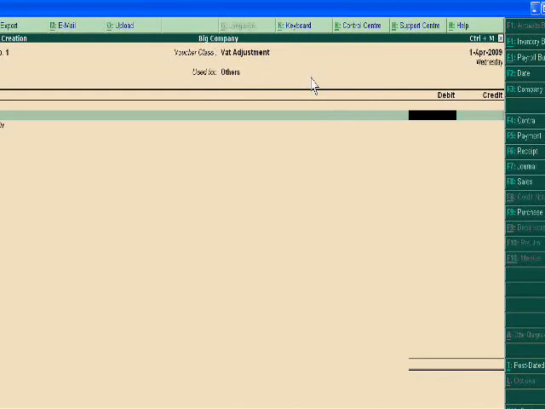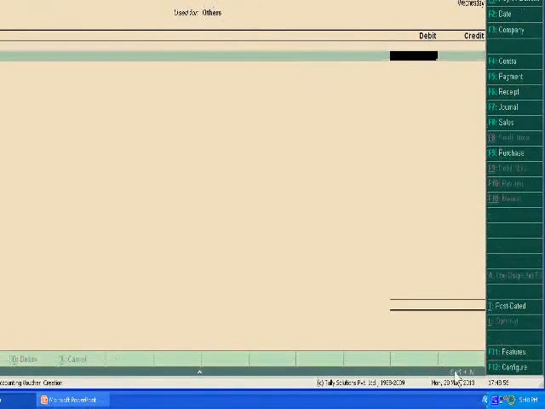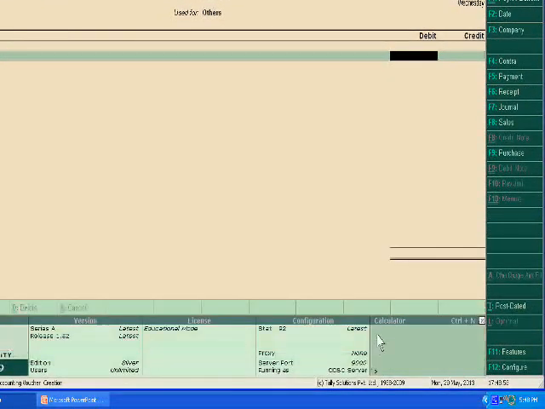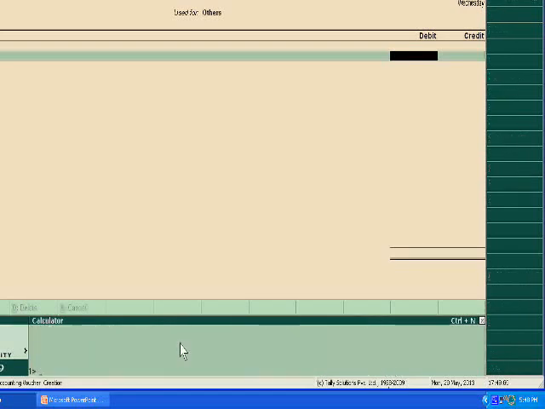I am just using the calculator, and this is the total amount, 1000, and its 1%